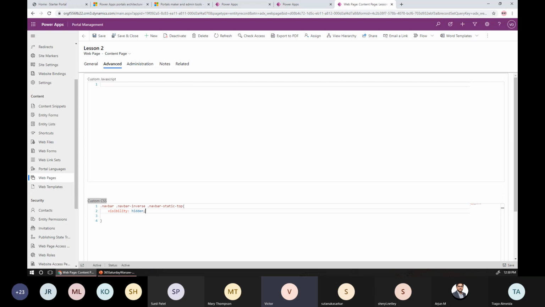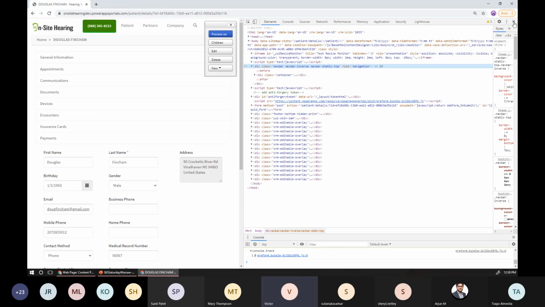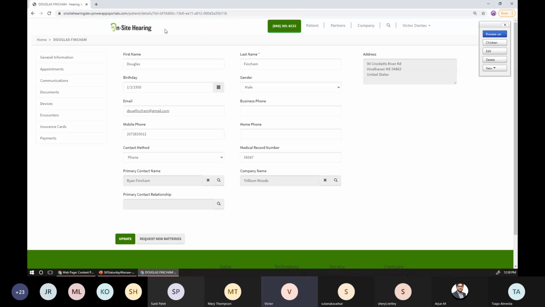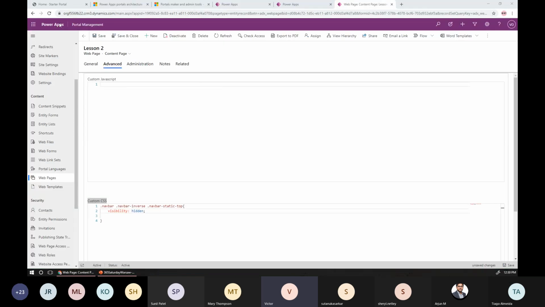So now my menu would go away, but all of the JavaScript references to jQuery and CSS references to Bootstrap would not be broken because I'm just hiding the menu. I'm not removing it from the DOM, from the HTML itself. So this would be an area that I would make use of, this field, this custom CSS. Another